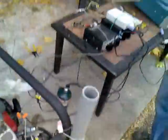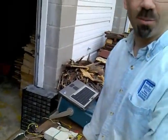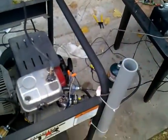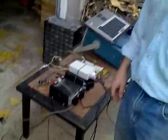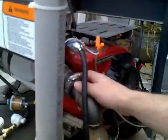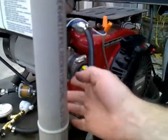This is my fuel injected power generator conversion project. I'm going to show you the parts, the throttle body, and so forth, and then we'll move on to the fuel system and then to the electronics. First thing I did is I took off the old carburetor right here, replaced it with a new throttle body that has a fuel injector right here,